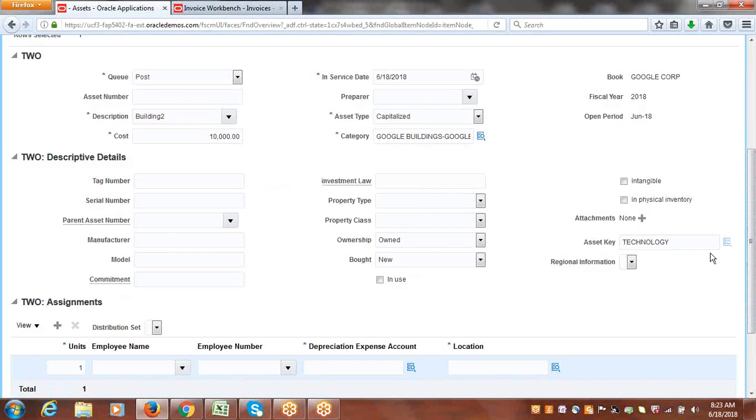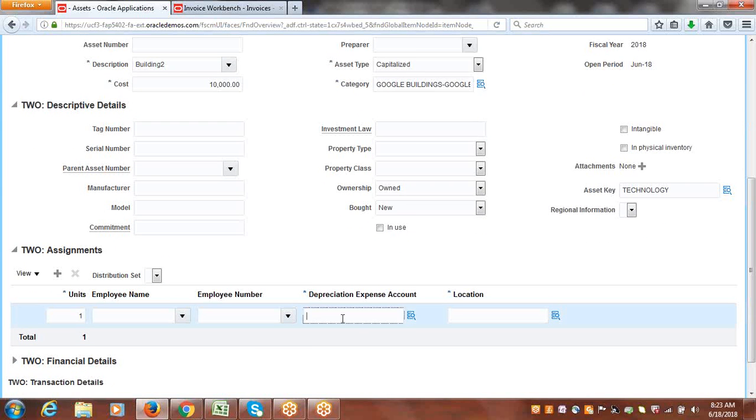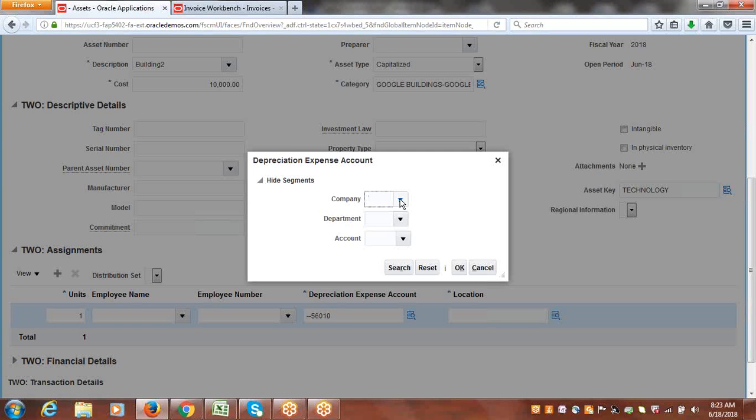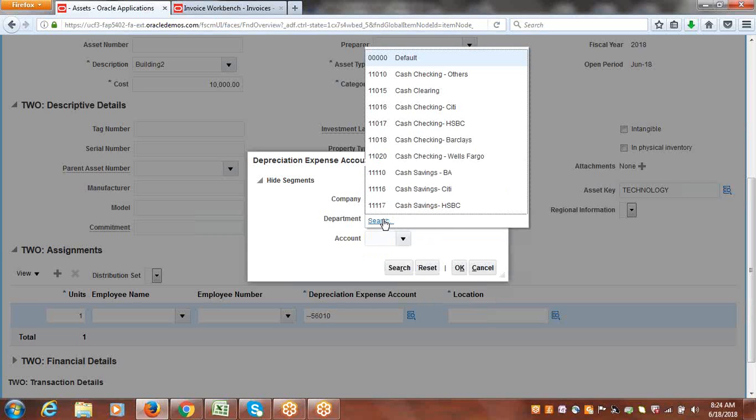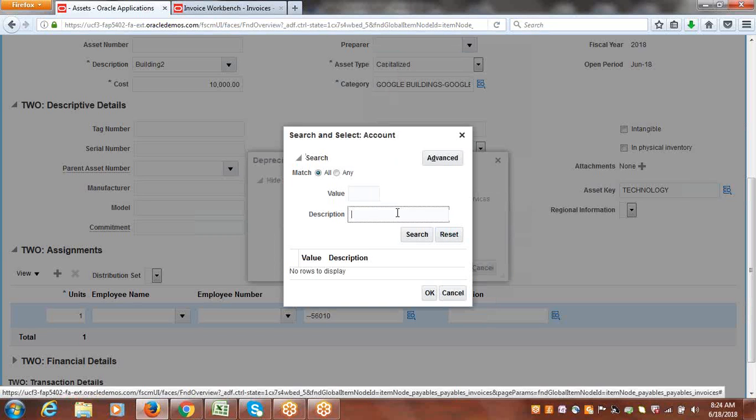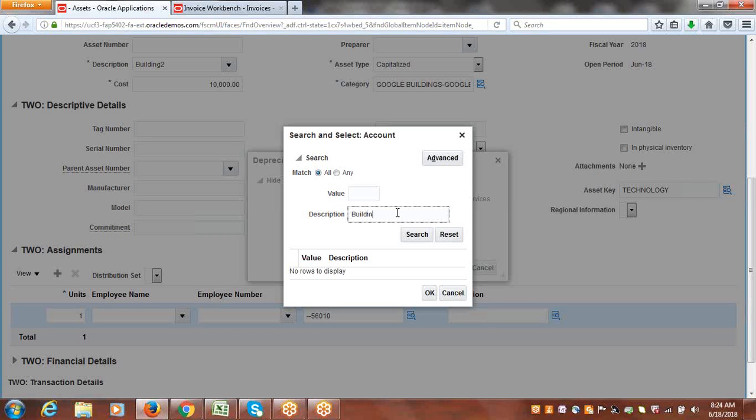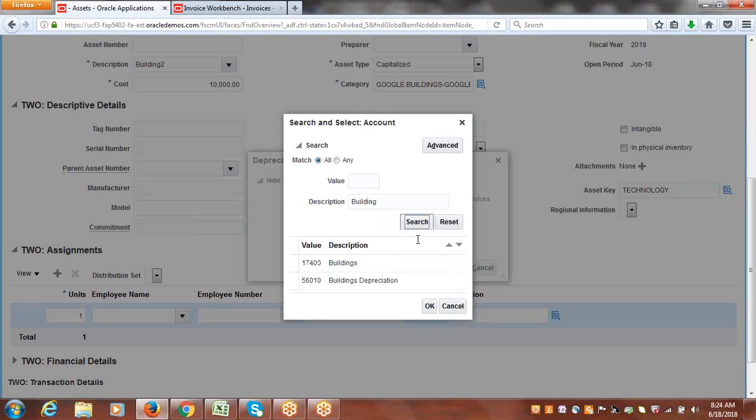That's the billing, and again this is the technology, just to fill, I'm selecting it. So depreciation expense account. Provide the depreciation expense account. So select billing depreciation account